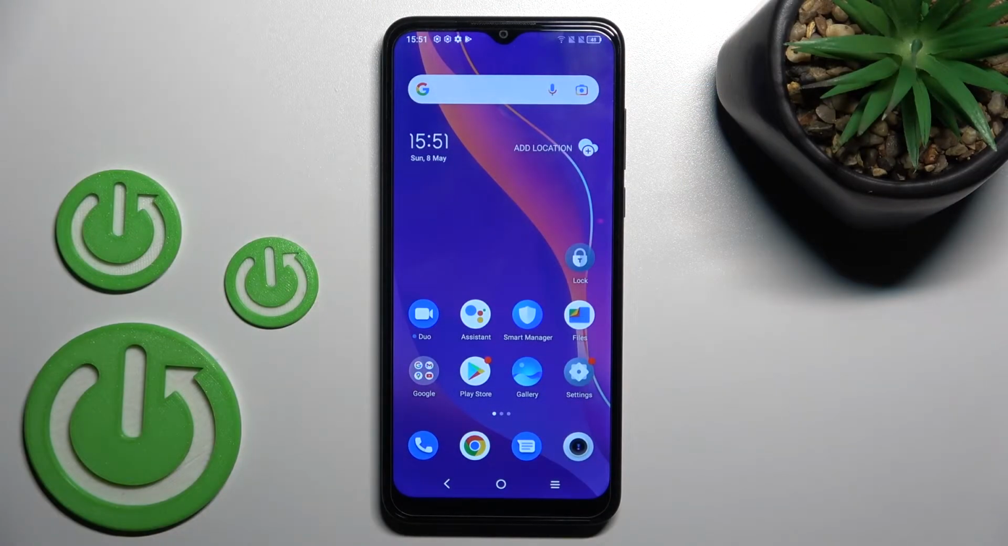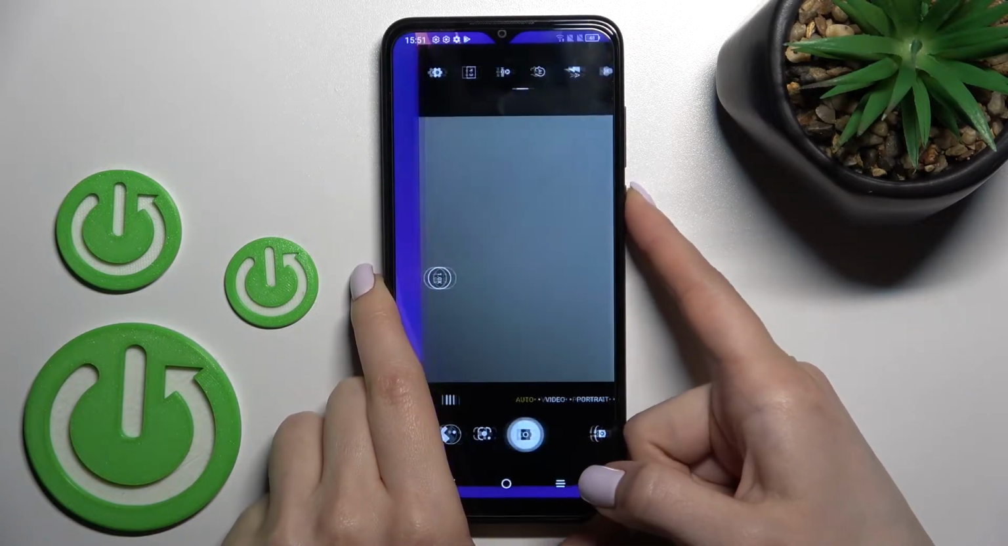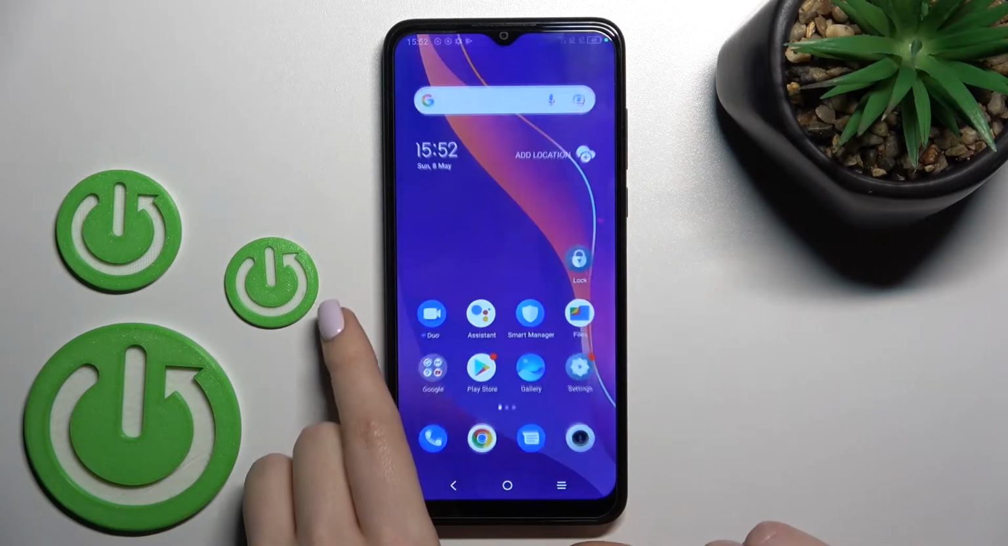Welcome, today in front of me is a TCL 306, and I'll show you how to disable quick launch on this device. So as you can see, by double pressing the power key button, the camera app is activated, and if